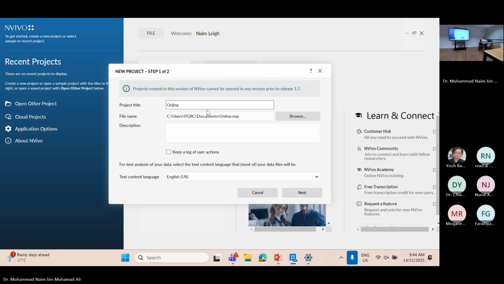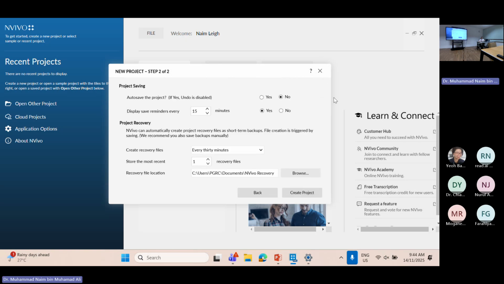E-learning for students. For description, you can put a description of your title or of your research. You can leave it as is, and then you can lock it if you are not sharing with anyone else.